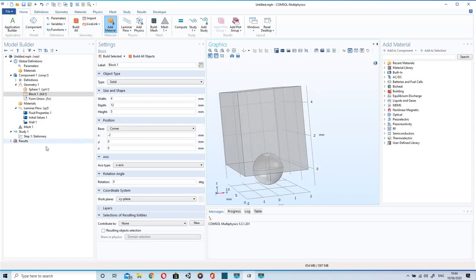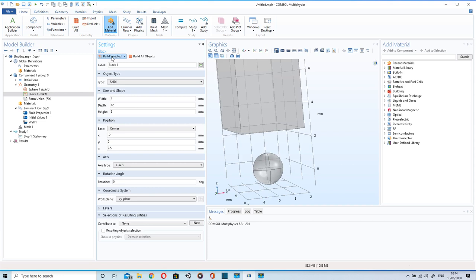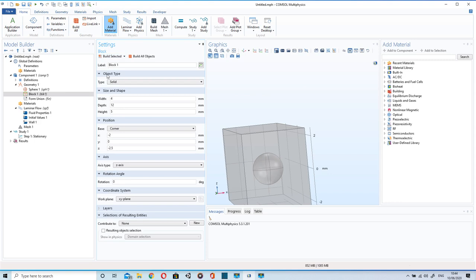Now I have to lower the box in Z direction. .5 mm. Let's build it. So negative 2.5 will work. Build again.